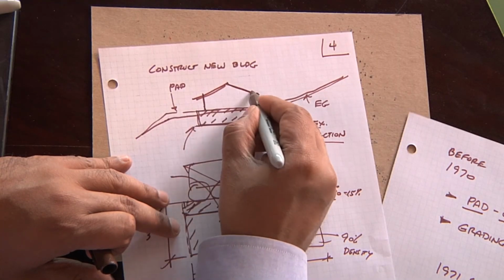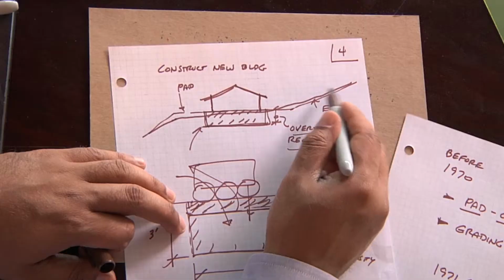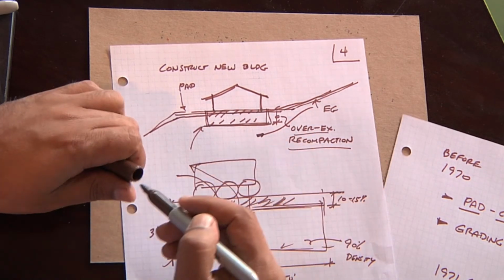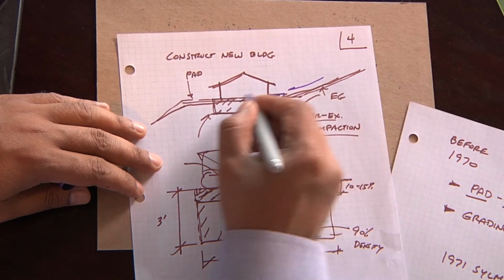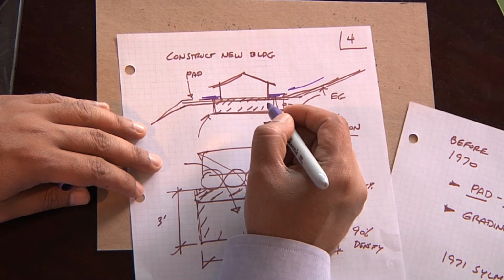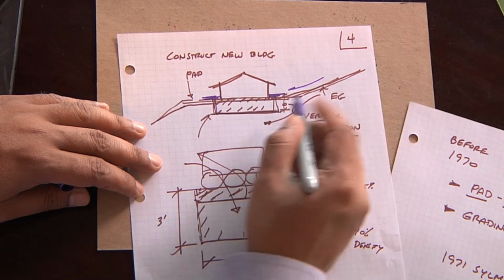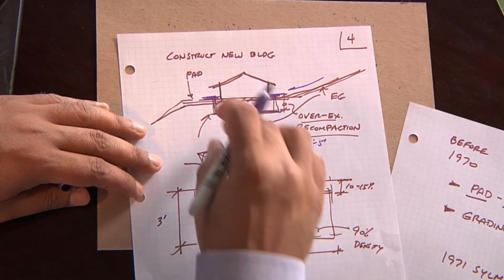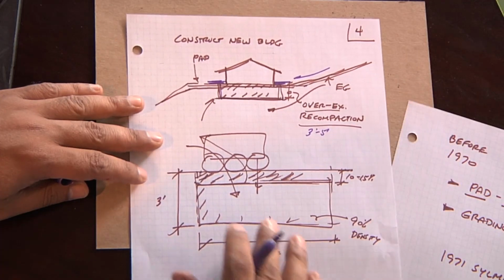Now, after you've certified your pad, then you can go ahead and construct your building. That still doesn't mean that you're not going to have any problems, because there are all kinds of issues that deal with hillside construction, such as subsurface water flow and poor drainage. If you have water ponding around your building, it could cause that building to sink, because remember, we're usually only preparing the top, say, 3 to 5 feet for the site preparation. The actual preparation of the entire hillside is a separate topic, which I'd like to discuss a little bit more in the next module. But just to give you a little basics,